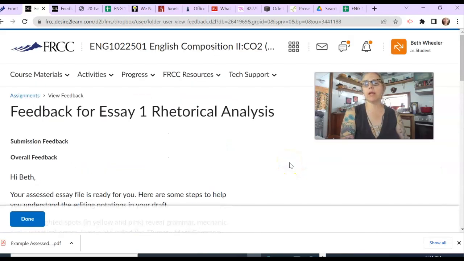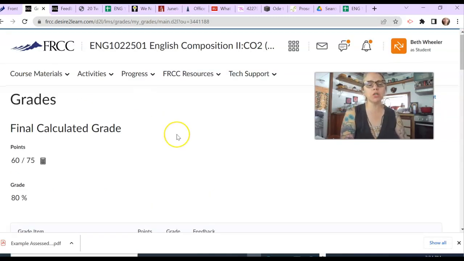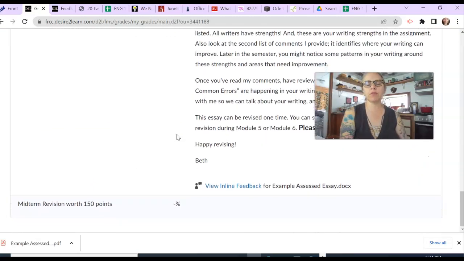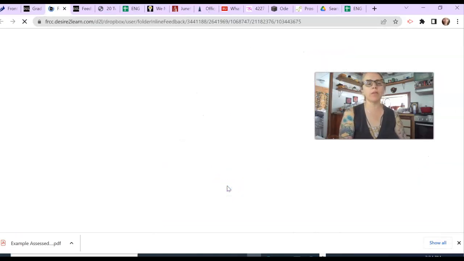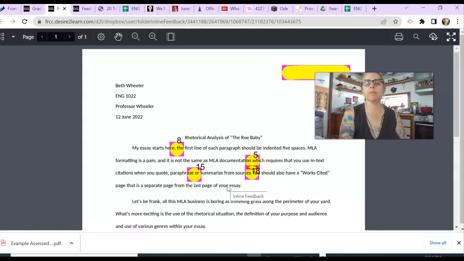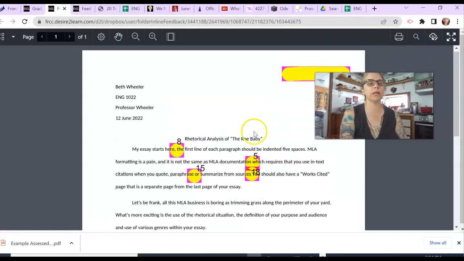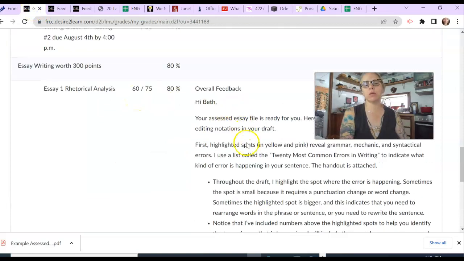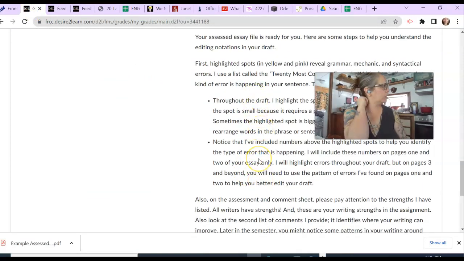The other thing that you can do, you all, is go to grades, but it doesn't give you the handouts here, is the only thing. So if you just needed a quick, I want to check on my inline feedback because I forgot to download it or forgot what Beth said about this or that, you can come to your graded item and get the feedback and download it or print it, right? And so we're in the grade book. And so the other thing you can do is read the note about how you're able to read my feedback, read the highlighting, and when you're able to revise Essay 1.